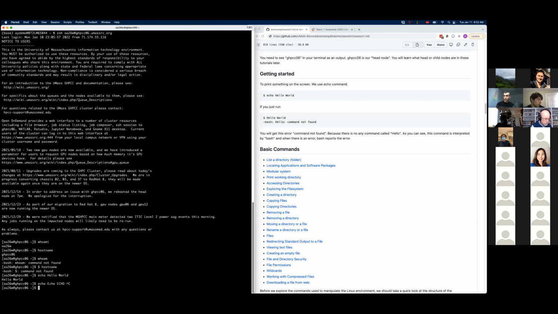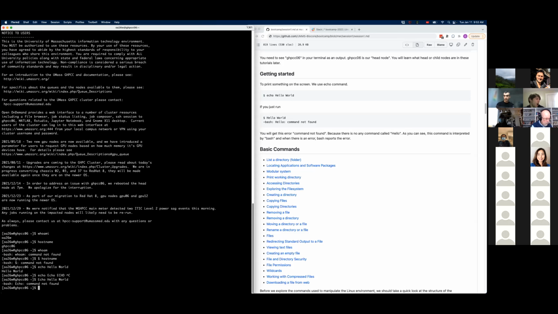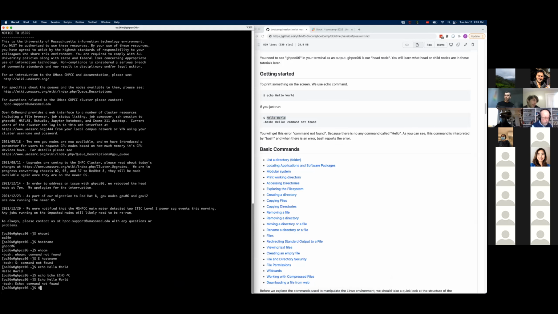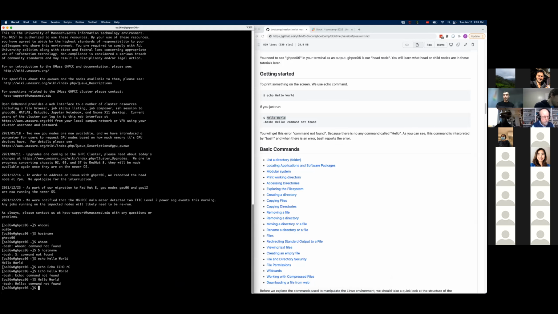If I use it with a capital E, it would give me an error saying there is no such command as echo with a capital E. Also, if I typed hello world only, to print it here, it would give me an error that there is no command called hello.